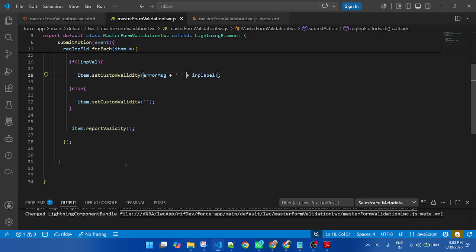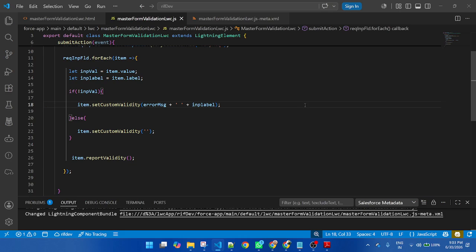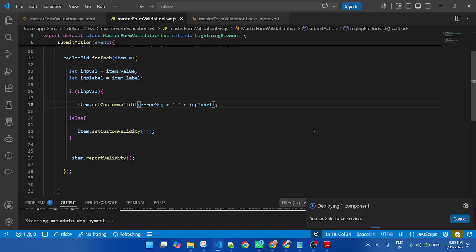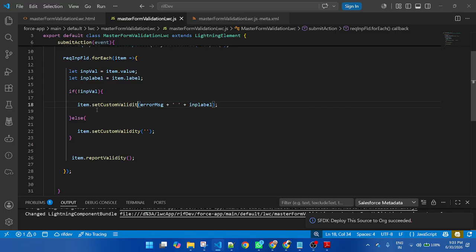Let's suppose I am removing the Y from here, setCustomValidity, and deploy the code. It will not work because setCustomValidity is provided by Salesforce. It is a standard function. It is used whenever you apply a validation rule in an LWC component. So here I am putting a spelling mistake, removing the Y. Now let me refresh.